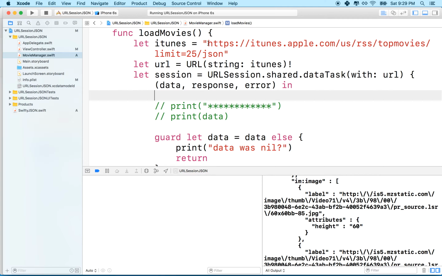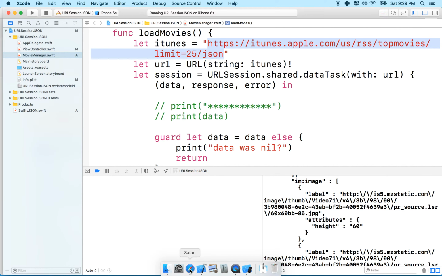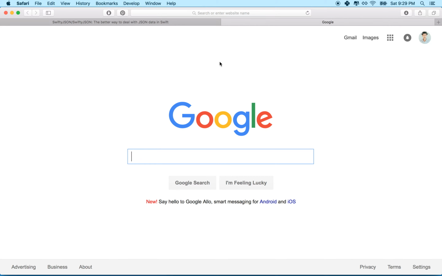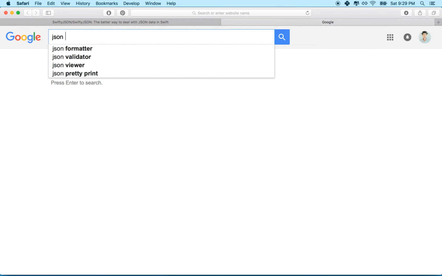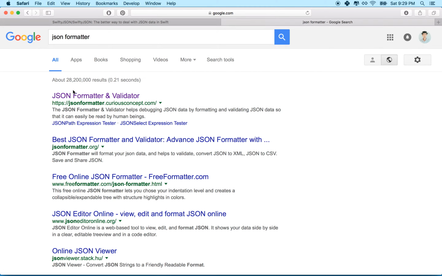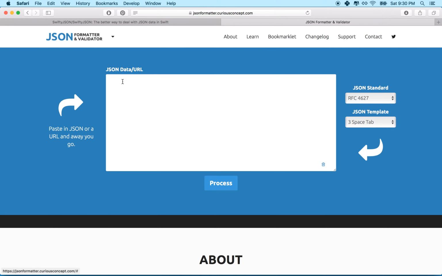Probably the best way to do it is to look at the JSON data in a viewer, just so we can view the JSON and kind of sort through it, okay? It's hard to view here, easier on the web. So what I'm going to do is go to the web, and I'm going to look for the JSON formatter and validator. And the formatter validator allows you to input JSON directly, so you could copy and paste that JSON, or you can